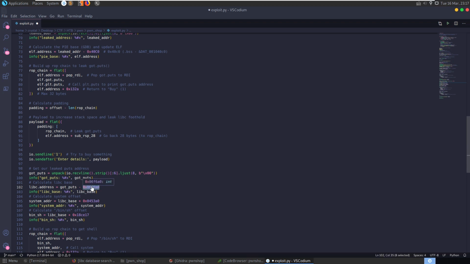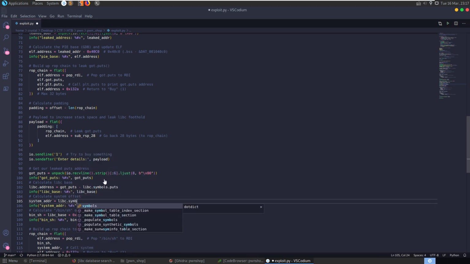Instead, what we can do is say the libc address is equal to the got puts that we just got minus libc.symbols.puts, and that should get us back to our base address. And then if we want our system address, we shouldn't even need to calculate it here, we could just use it from now on, but let's try and say here libc.symbols.system,